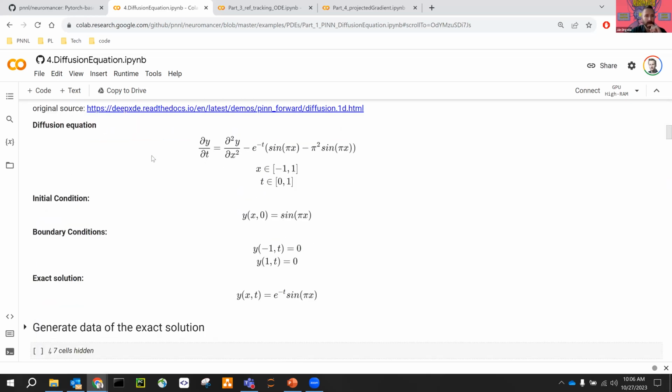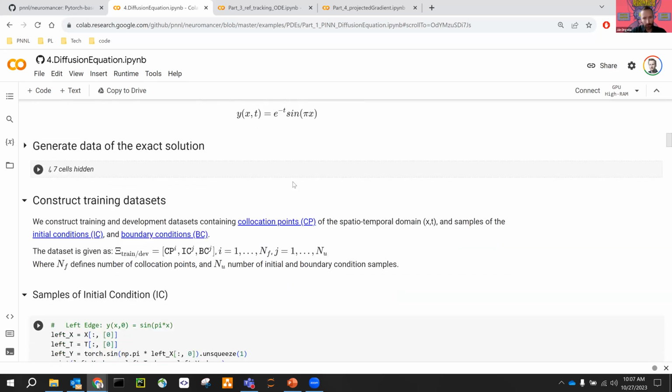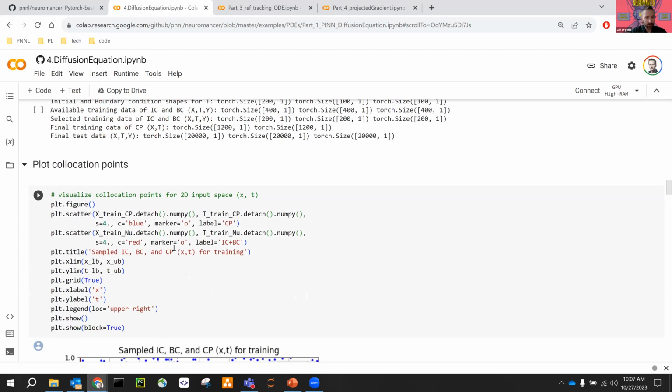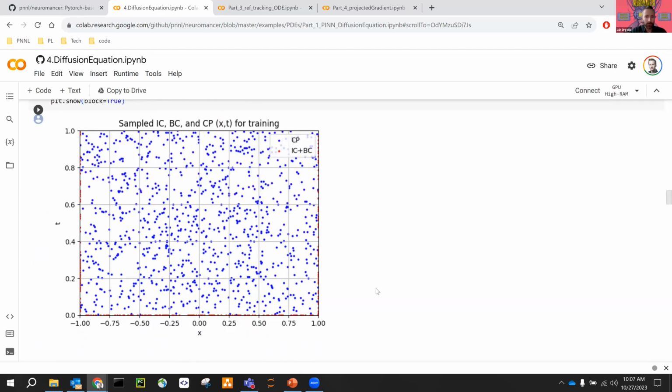So here, let's have this simple diffusion equation, some initial and boundary condition, and we want to train this using the PINN method. So what do we need to do? We sample the initial conditions, boundary conditions, and collocation points. I'm going to skip these cells that basically do the sampling, but you can visualize this small 2-dimensional